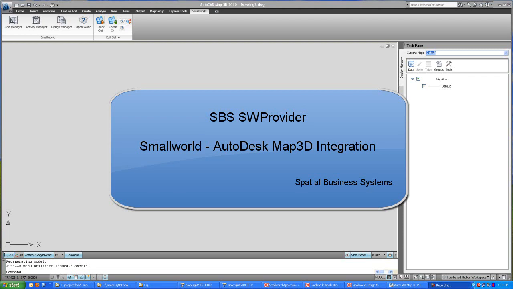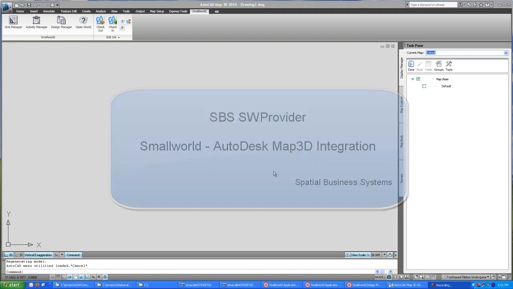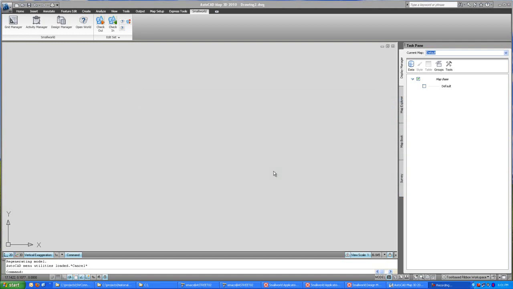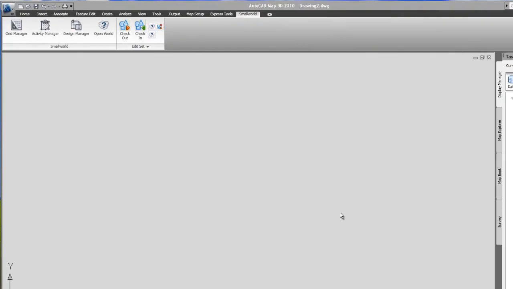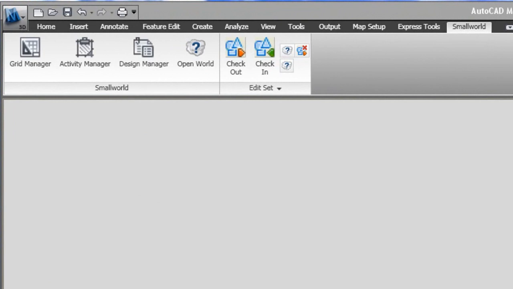In this presentation, I will be demonstrating the integration of Smallworld and AutoCAD map products using the SBS SW Provider. To retrieve data from Smallworld, I will be using the Smallworld Toolbar. The Smallworld Toolbar provides a series of functions predefined within the Map 3D environment which allow me to retrieve and